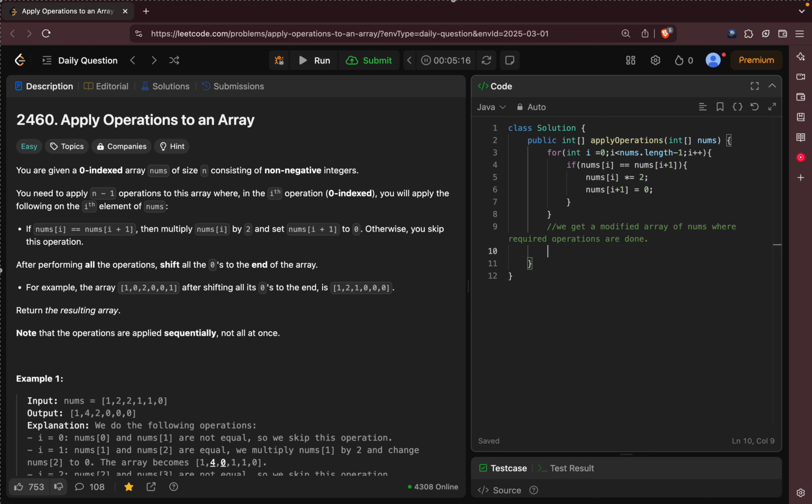Let me check. So if we got an array like this, after this operation we get this. So if 1 0 2 0 0 0 1. So if it is 0, we're going to push it to the next index, we're going to swap this. That's it, right? So let's write the code to swap. I'll write a for loop again. I'll just copy this. Now int i equals 0 to nums dot length, okay. If nums of i equals 0, then